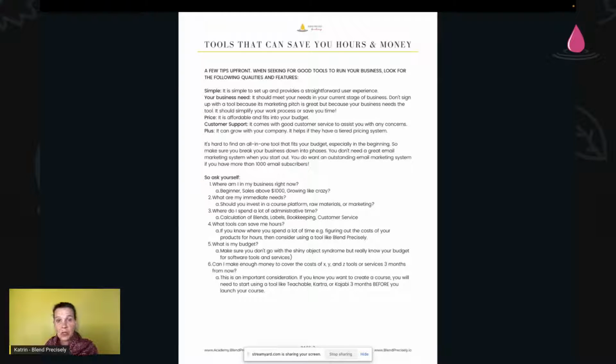It is also nice if you know you're starting out. Most of the tools you can get on the market right now either have a free version or a very reduced price for a starter version. And then you can grow with this tool, so you don't need to switch tools. I did this, for example, with Kajabi. I started out with the small plan, and then over time I grew and could just upgrade. That was really nice, because once you get to know a tool, you really don't want to leave it if it's a good tool.